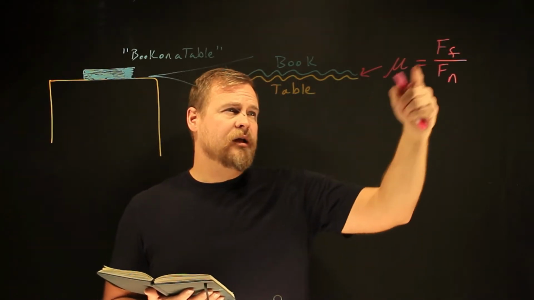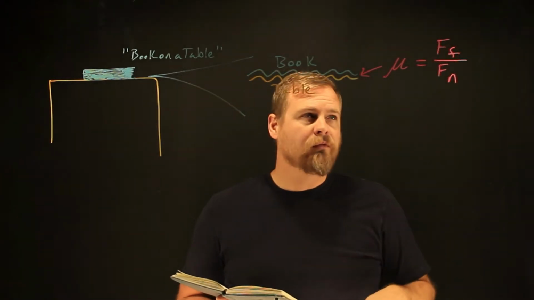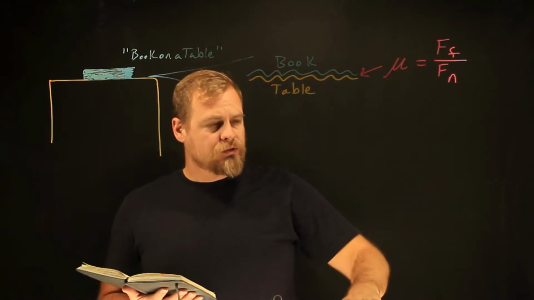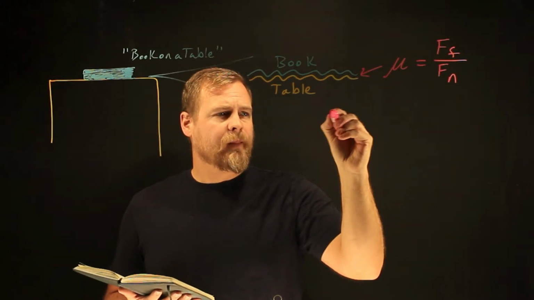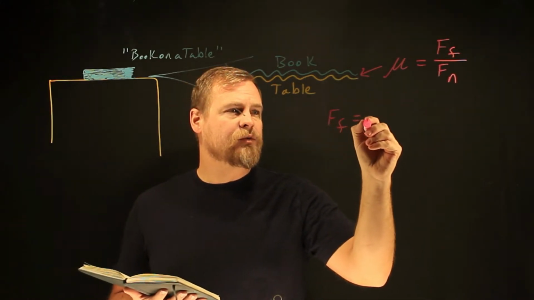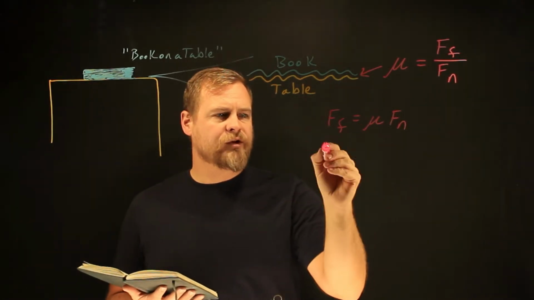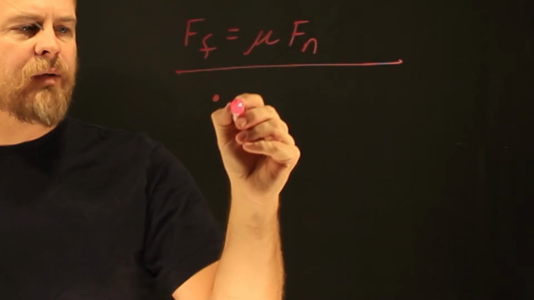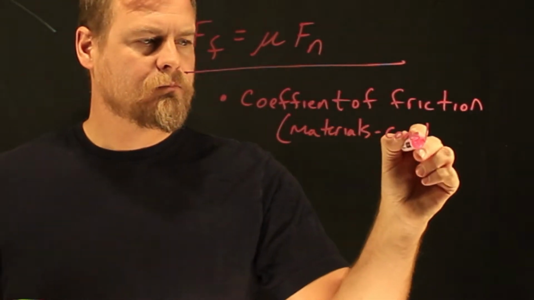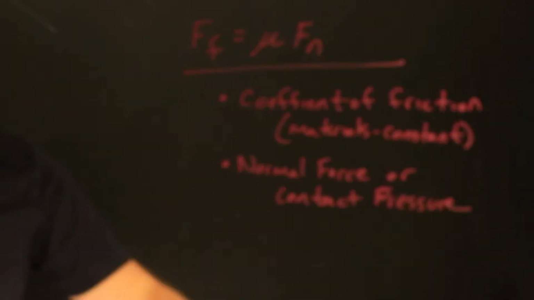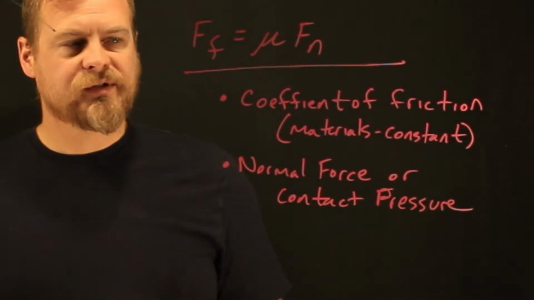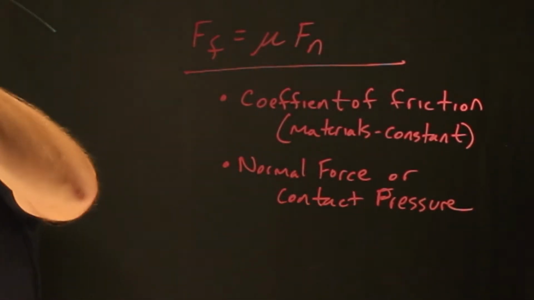It is based on the force of the friction divided by the normal force. So if we rewrite this, the force of friction is equal to mu times the normal force. We could say that friction is dependent upon the normal force, which is sometimes referred to as contact pressure. In this situation right here,